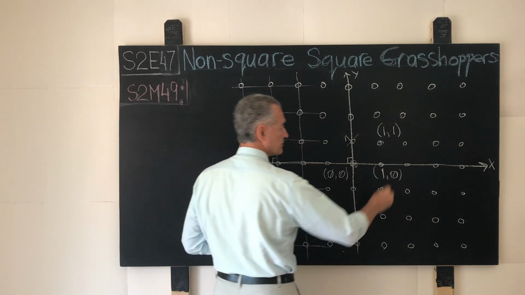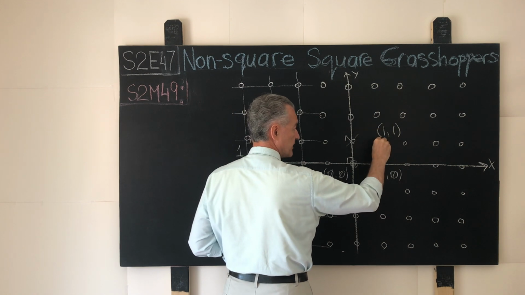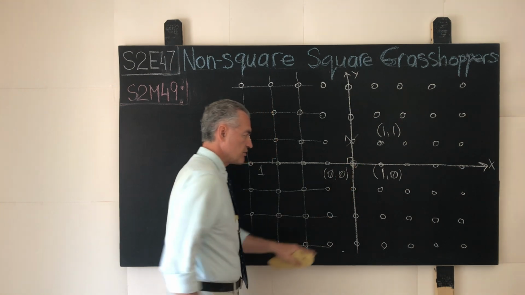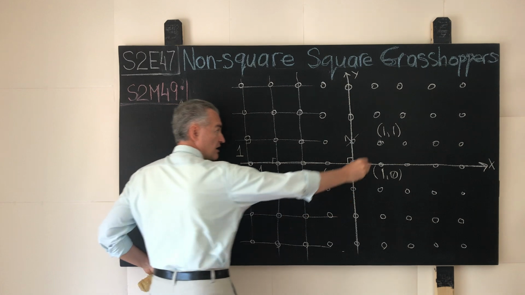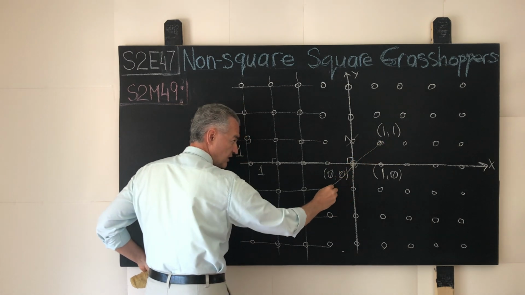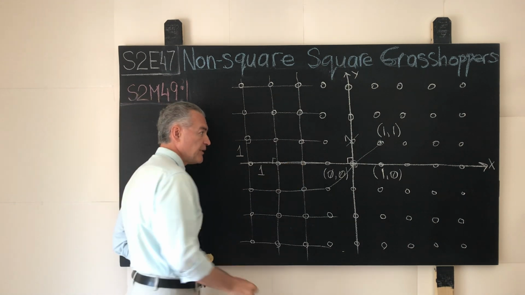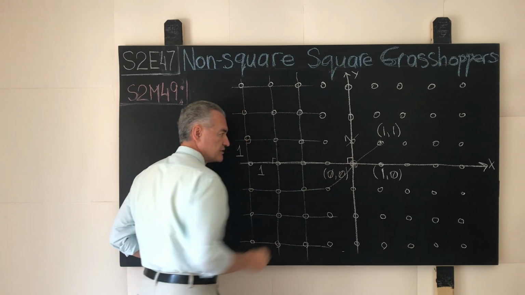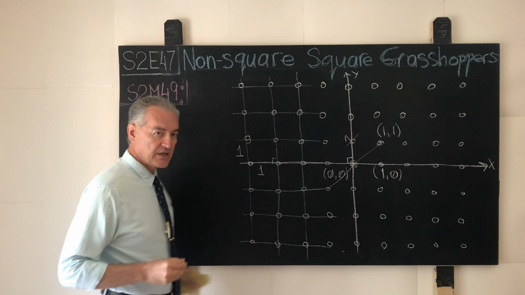Let's say in this particular case, the grasshopper that was sitting over here at a node of our lattice with the coordinates 1, 1 decides to jump over the grasshopper that is sitting at the node with the coordinates 0, 0. Then this jump corresponds to the central symmetry of the plane with respect to the stationary grasshopper that is being jumped over, the grasshopper located at the point with the coordinates 0, 0. And remember that the